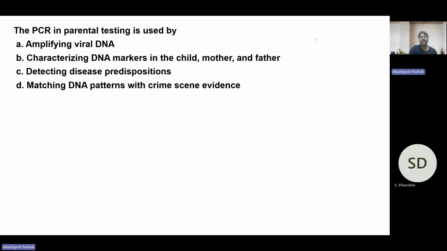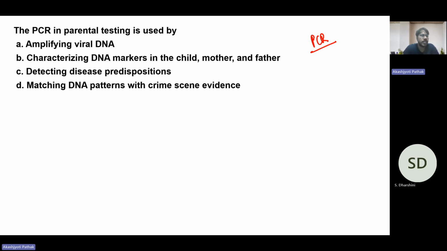Now PCR has several applications. PCR was used in COVID as well. To identify whether a person has a COVID infection or not, PCR can be used because from the sample you can isolate the RNA and then you can do a real-time PCR as well. And it can also be used for parental testing. You take the DNA sample from the parent, and the DNA sample from the child, and then there are particular DNA regions